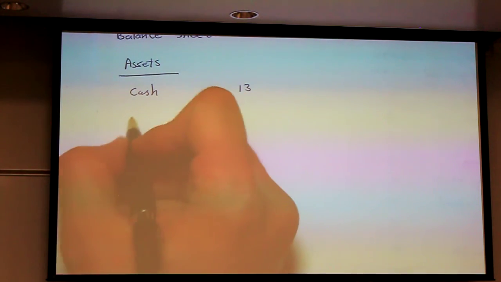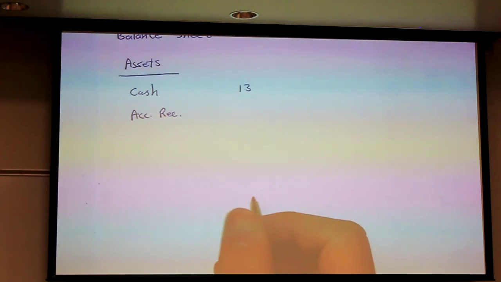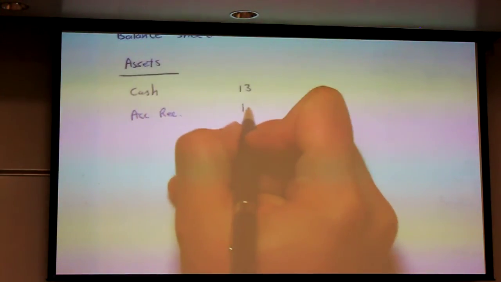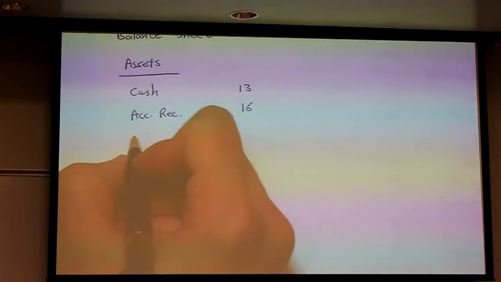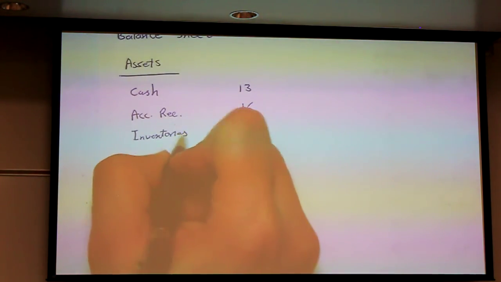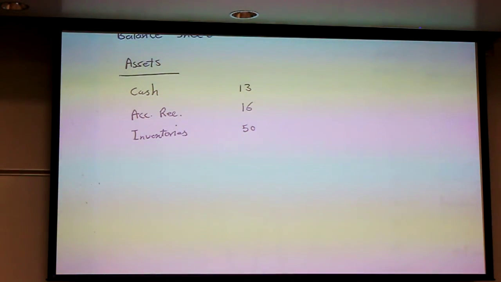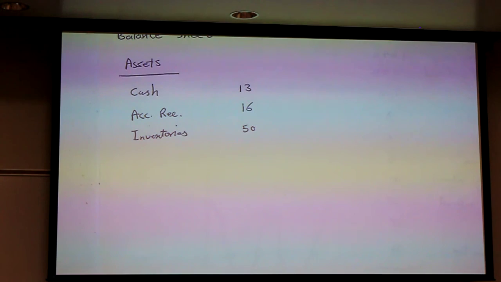Accounts receivable. How much? 16,000. Inventories, 50,000. So cash, accounts receivable, inventories. Next,